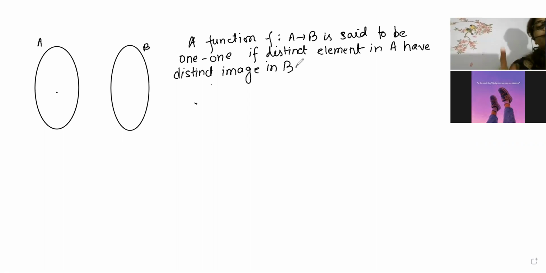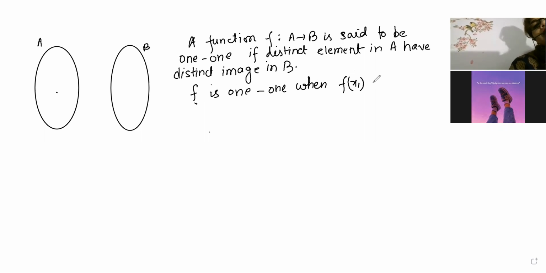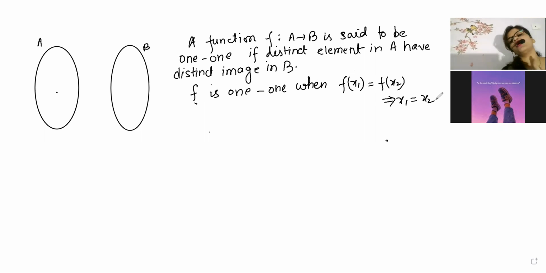Okay. Now here one very important proof is there. For bijection, you have to do this proof. I'm repeating, for bijection you have to do this proof, from where we have to start. So exactly for proving if f is 1 to 1, that means when f of x1 is equal to f of x2, then whatever condition is given to you, you have to prove x1 is equal to x2. That means you have to start from the function and tell that the two domain elements are not two, it is only one.